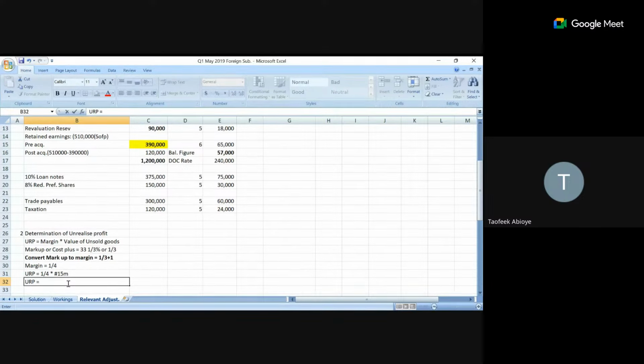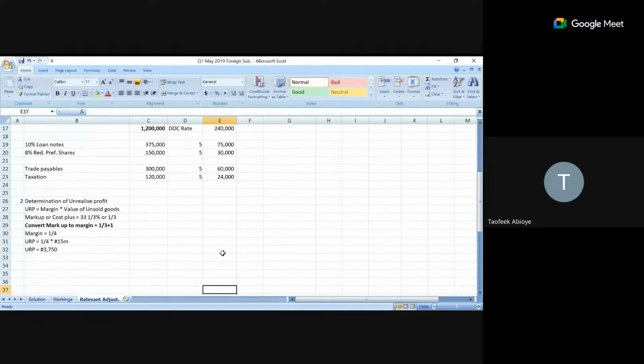So it's going to give us 3,750. When we press our calculator, our ULP is going to be 3,750. Unrealized profit will be 3,750. And what is the adjustment? What is the accounting treatment that we are going to pass? In group accounts, please, let us forget about journals. We are going to less this amount from our